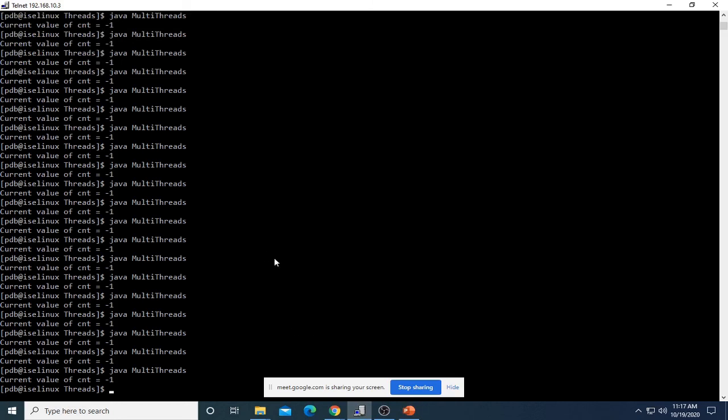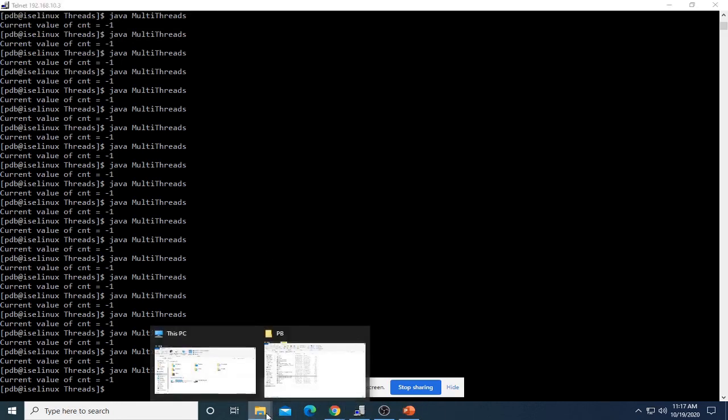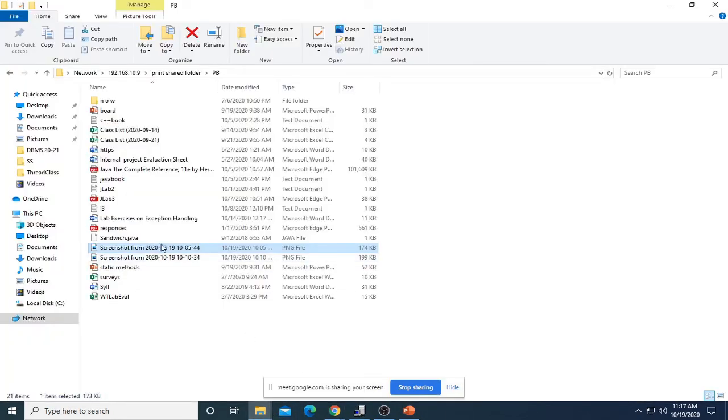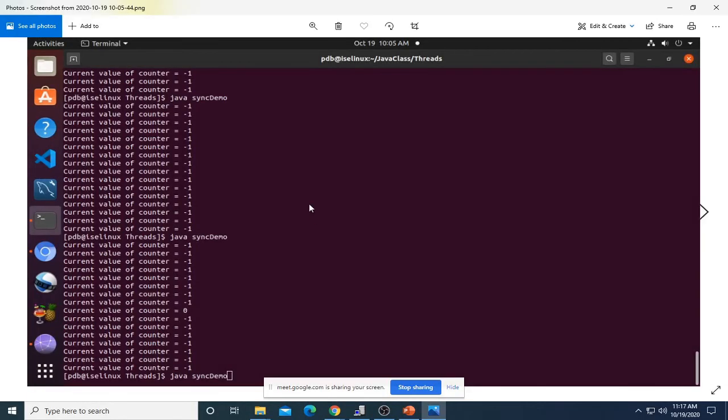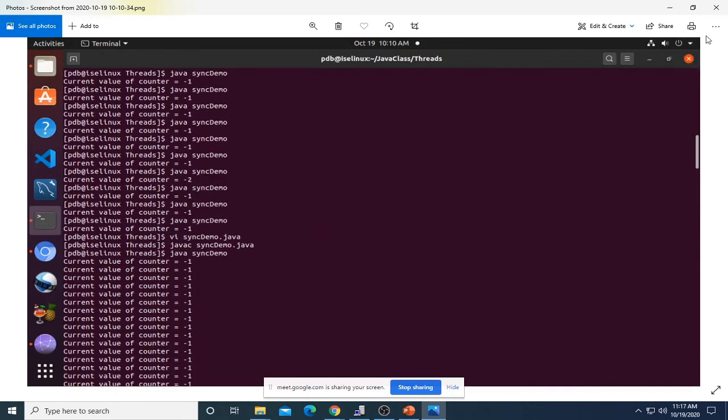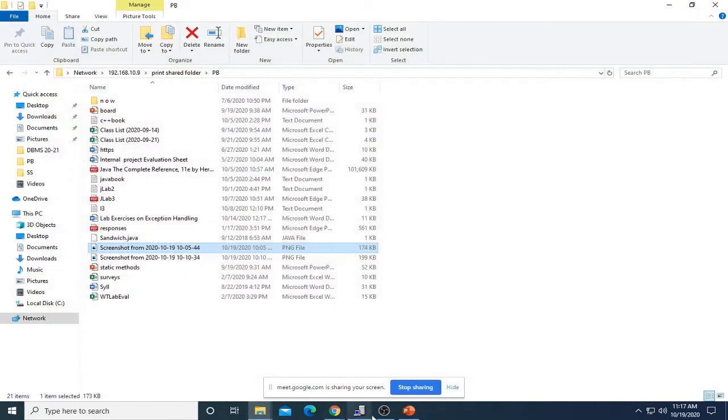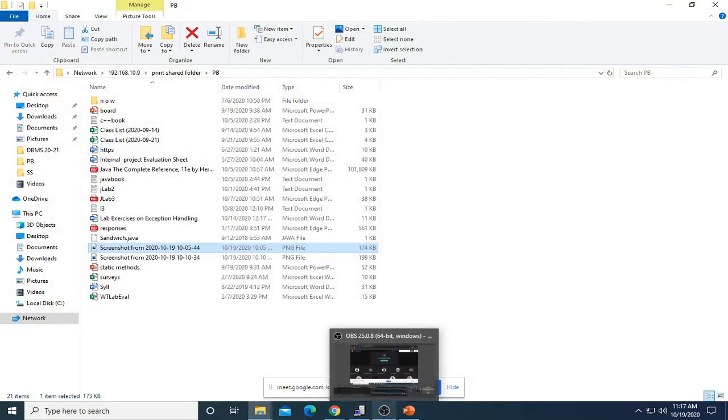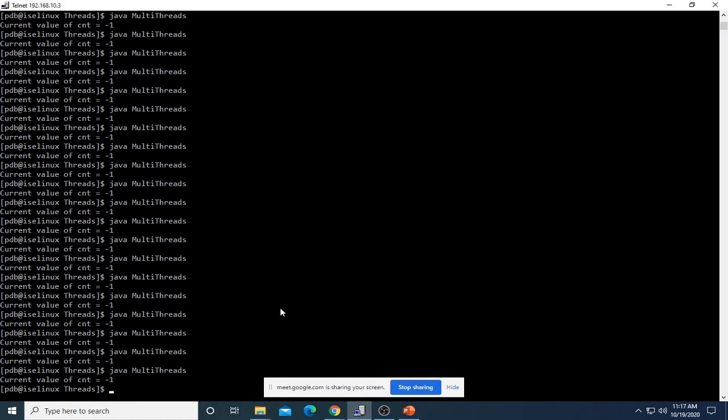I'm not able to reproduce that kind of output which I showed a few minutes ago. So once we got 0 and -2. Currently I'm not able to reproduce the same output. You can try the code on your machine and confirm that. Yeah. Now I got a different value.